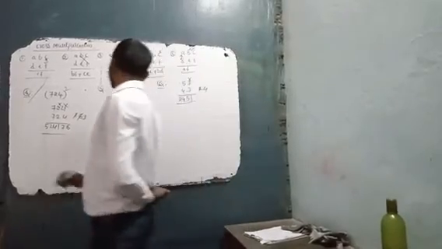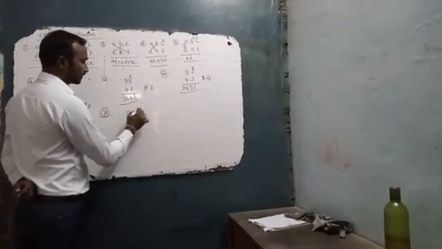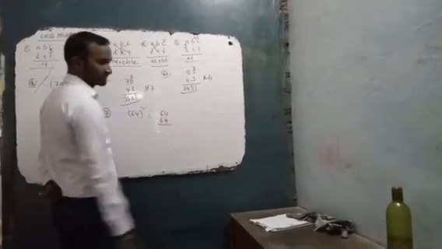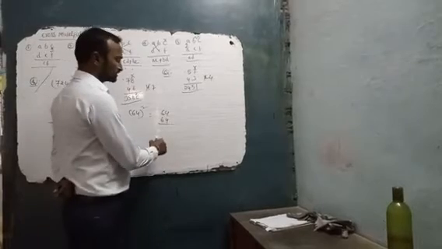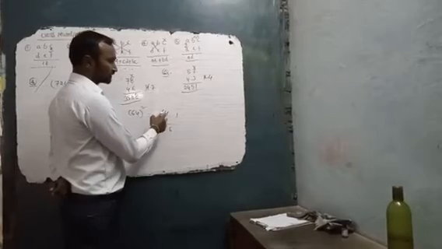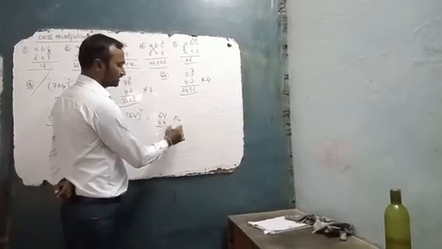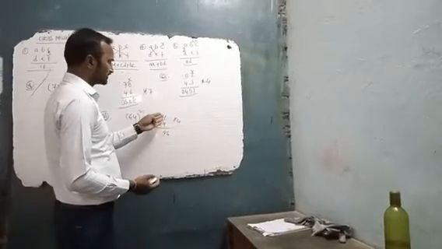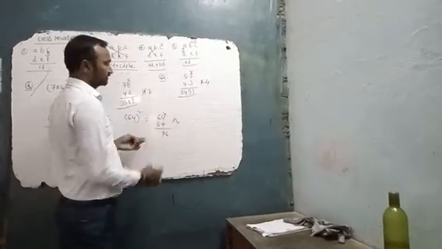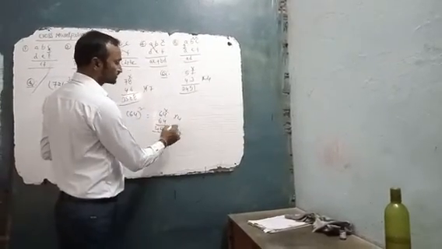Now how to find the square of a 2-digit number? This is also very simple. Suppose I want to calculate 64 whole square. It can be written as 64 into 64. Now apply all those steps. 4 4s are 16, carry 1. 4 6s are 24 plus 6 4s are 24. 24 plus 24 is how much? 48. 48 plus 1, 49. Carry is 4. After multiplication of 2 columns, there is no third column. Simply eliminate one column from the right-hand side. Now 6 6s are 36 plus carry 4. How much is it? 4096.